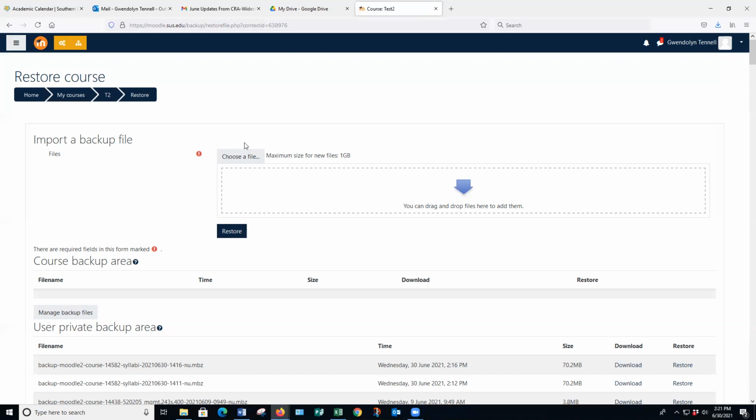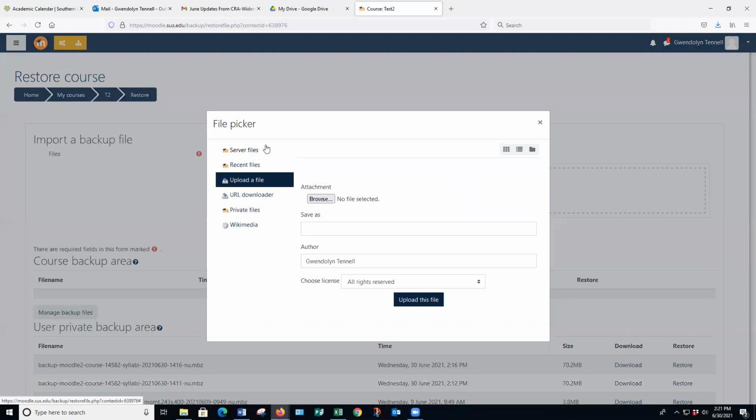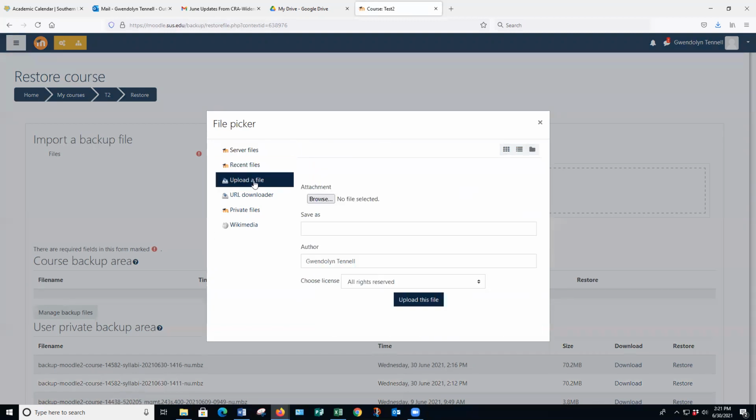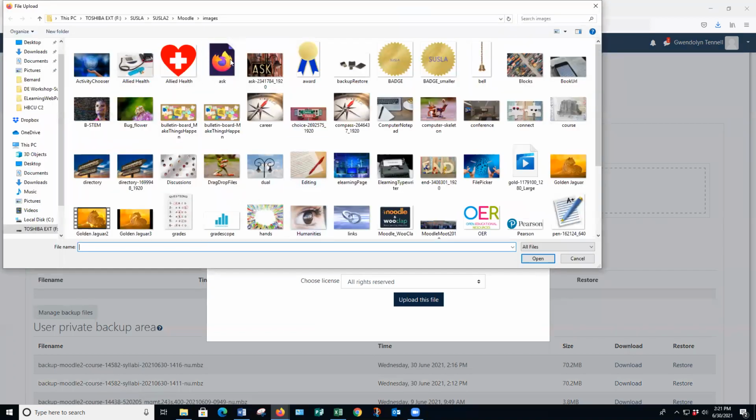Once in there, you're going to choose a file. Once you get to this page right here, choose your file. If it doesn't show browse right here, make sure you click upload a file, because it might show something else. But make sure you go to upload a file so that you can see browse. And when you click browse,